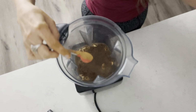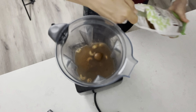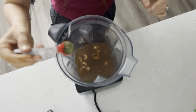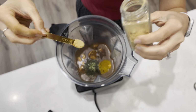Then you'll add 1 teaspoon of cinnamon, preferably Ceylon cinnamon, which is going to be better for your liver if you're using a lot of cinnamon. You'll add 3 teaspoons of coconut sugar or any sweetener of choice. Then you'll add 1/2 teaspoon of dried mint leaves, 1/4 teaspoon of cloves, 1/4 teaspoon of turmeric, and 1/4 teaspoon